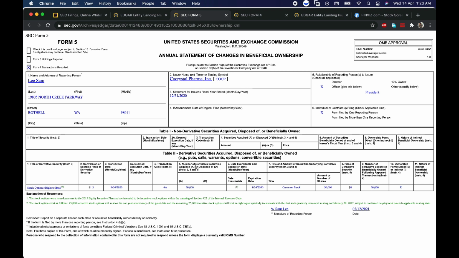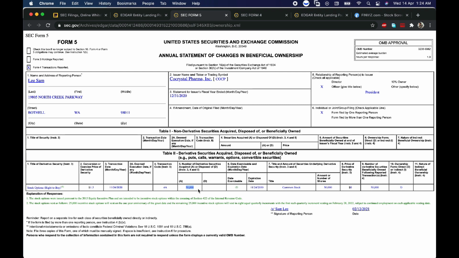If you look at the number of derivative securities acquired or disposed, 50,000 shares were acquired in the month of February, dated 11/24. The expiration date is 11/24/2030. Basically it's not stocks, I think it's one of the calls related to options, and that's the gist of it. So you have to see what code it is: A stands for acquisition, D stands for disposed.